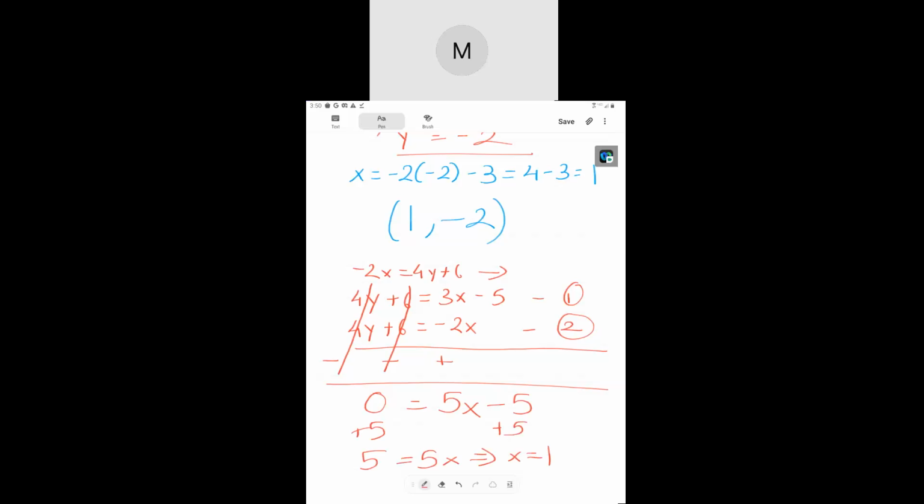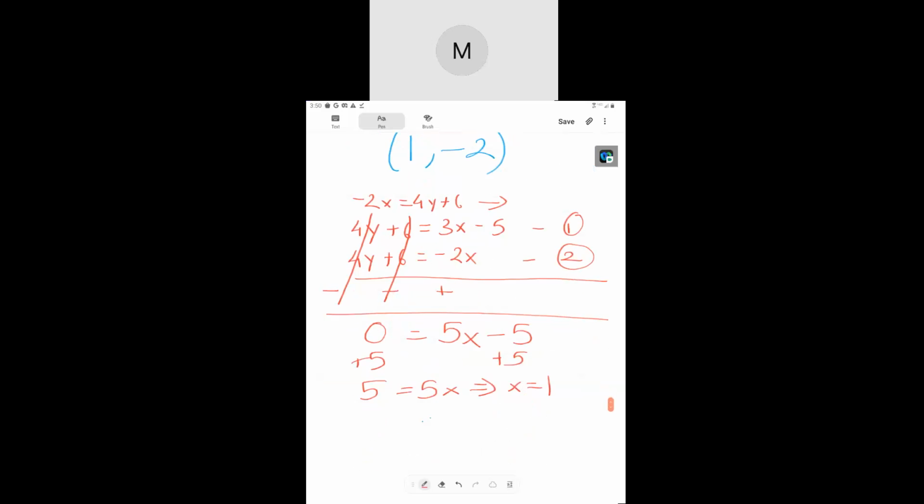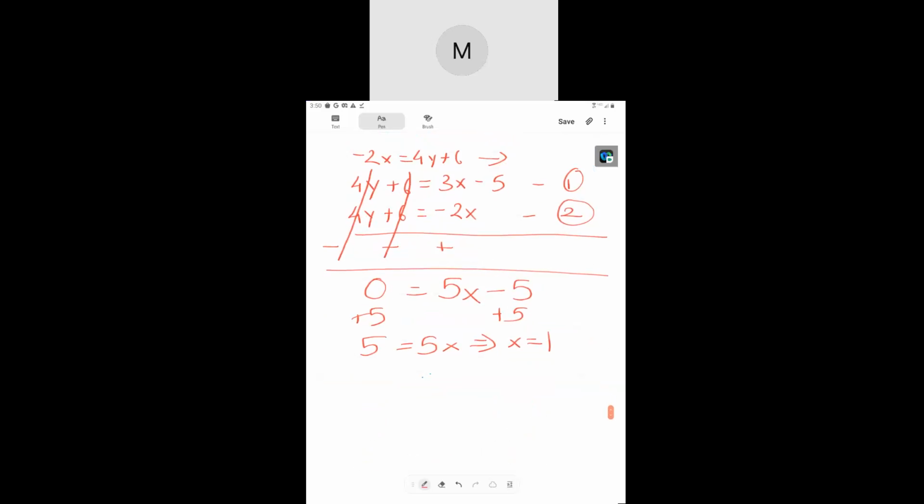Much simpler to get the answer when we do the elimination method, but the hard part is to make sure that you arrange your equation in such a way that you can easily eliminate. It's called elimination because we're trying to have variables with the same coefficient, and then we are trying to eliminate them from the equation. Now that x is equal to 1, again, the same method, I can put it in,